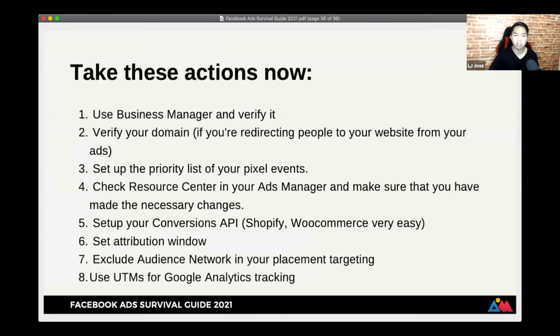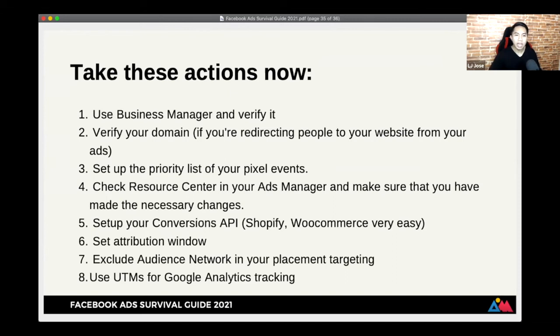So this is a bit technical. But if you are using Shopify, it's very easy, because once you've already connected the Facebook app in Shopify, you just have to make sure that the data sharing is set to maximum. For WooCommerce, if you have a WordPress website with WooCommerce for e-commerce, you just have to make sure that the WooCommerce plugin is updated to the latest version, and that will already take care of the conversions API. Doing the conversions API manually is very technical, so I would suggest that you just use partner integration.